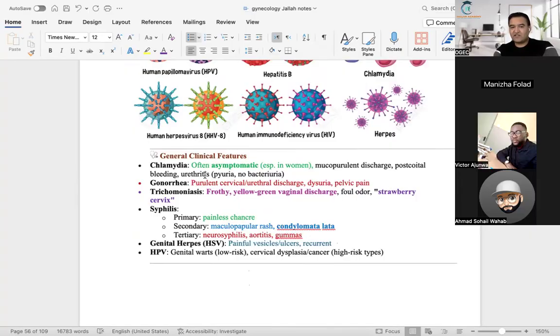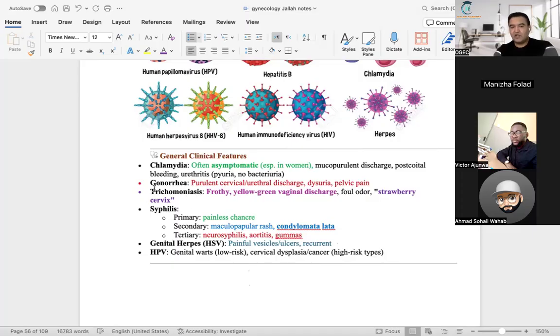So if somebody has urethritis and the patient is asymptomatic, think about chlamydia because it often happens, but it will be asymptomatic, especially in women. Or they may have symptoms like fatigue, things that we usually have on a daily basis, like tiredness, fatigue, flu-like sinus symptoms. Sometimes we have aches and pains, right? Something like that. So think about chlamydia. If the patient is 25 or less than 25, sexually active, with multiple sexual partners, then you have to be strongly